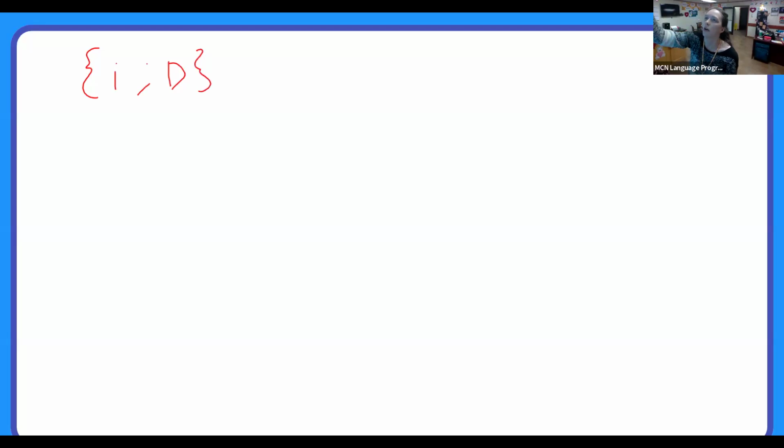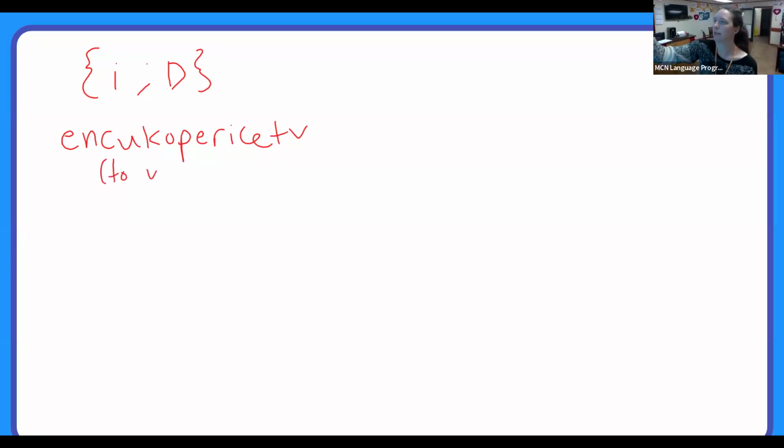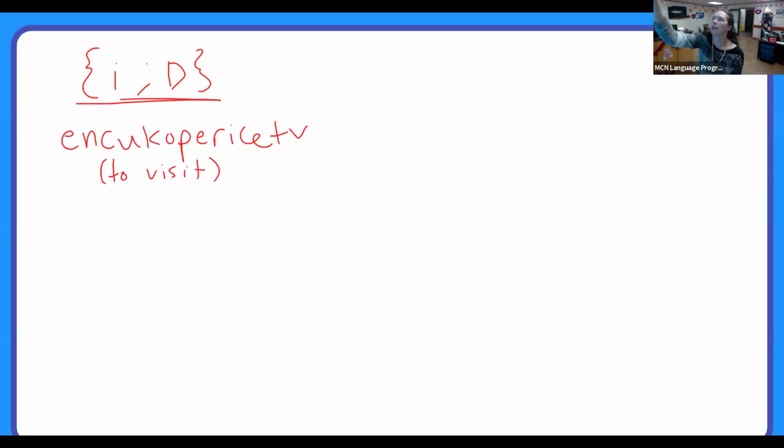I also want to make the point, because I didn't get to do it with the one I was thinking of. So I'll use Mvskoke. So I, and then D, and a verb would be Mvskoke. This means to visit somebody. To visit. So it would have this: I, semicolon, D. What that means is the person who does the action is going to use type 1. The person who's being affected by it is going to use type 3, the dative type. And so what this looks like is